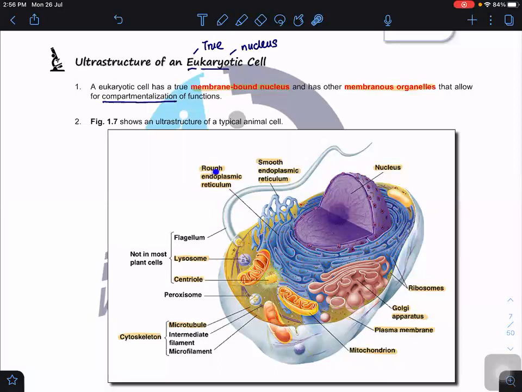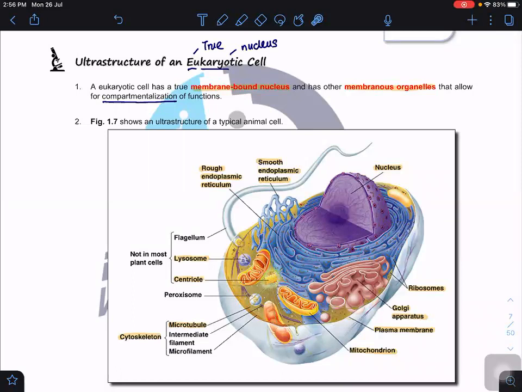Then you can see that rough. Why is it rough? Because on the surface of the rough ER, we can get the ribosome. We can get ribosome, giving them the rough appearance. How about smooth? Smooth ER, you won't see the ribosome. No ribosome there, right? So it means that this will be smooth ER. That's how we differentiate between them. Second, in a three-dimensional structure, you will realize that rough ER is a sac, but smooth ER is formed by interconnected tubules.